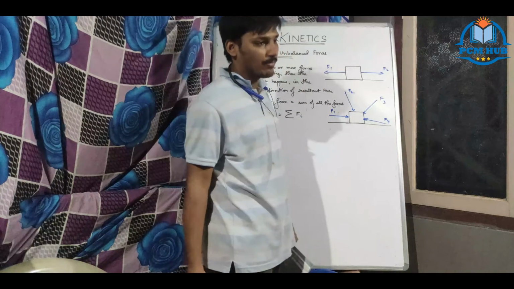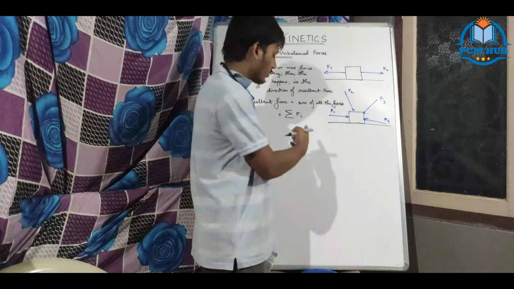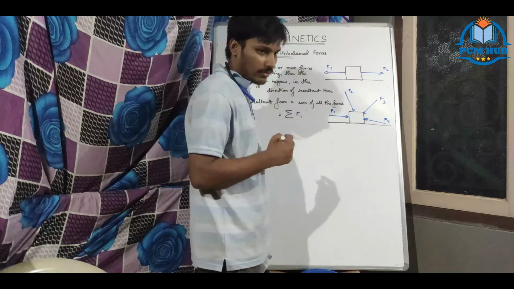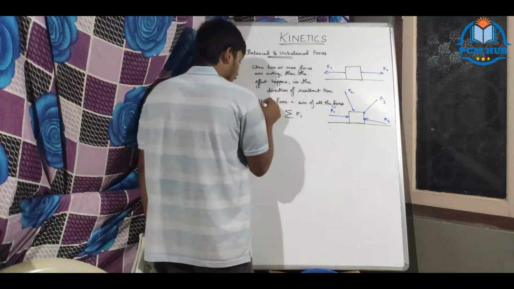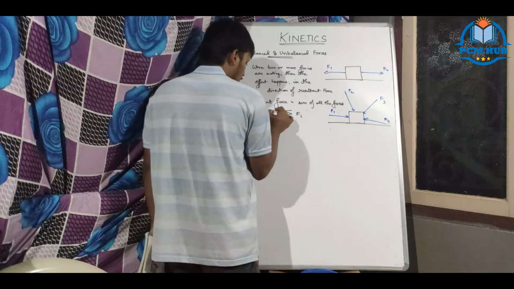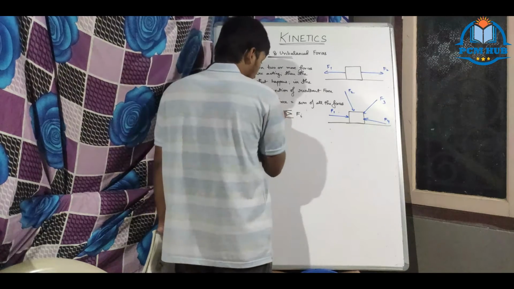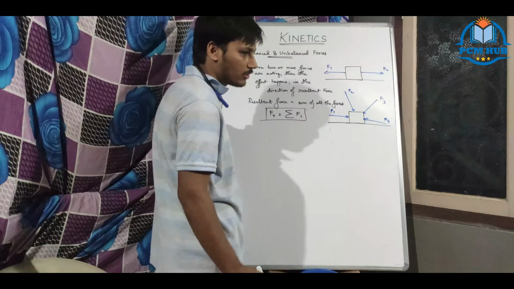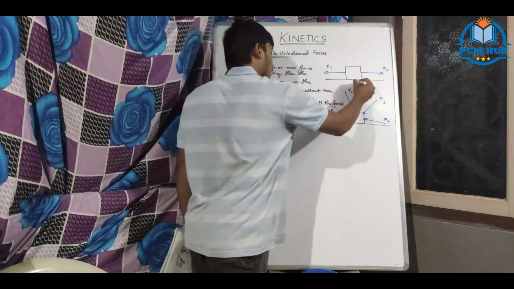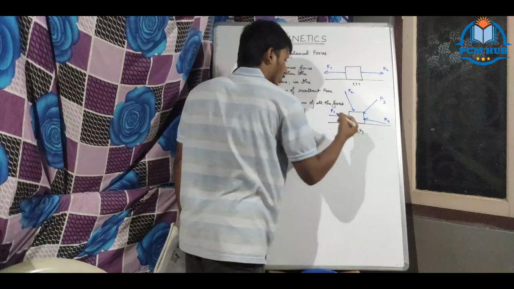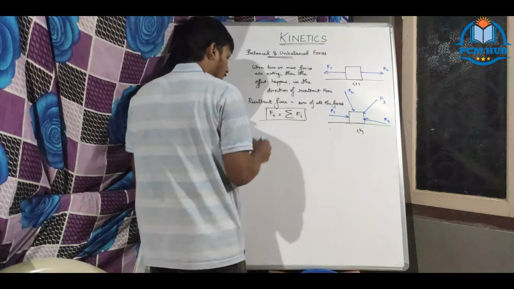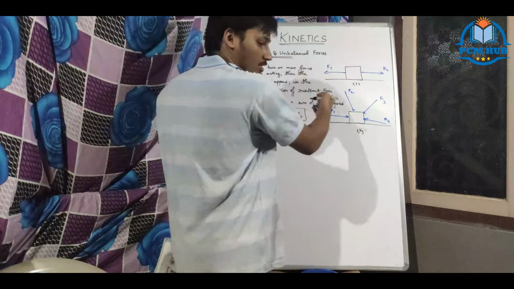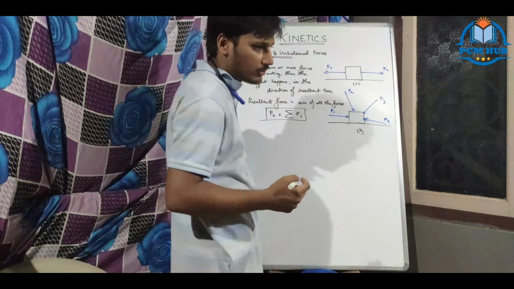You are taking sigma Fi. Already we did; I told what sigma is earlier in maths. So the resultant of force, F resultant equals sigma Fi, is the formula for calculation of forces. Now this is case number 1. This is case number 2. We are going to go through each case, then I will define what is balanced and what is unbalanced force.